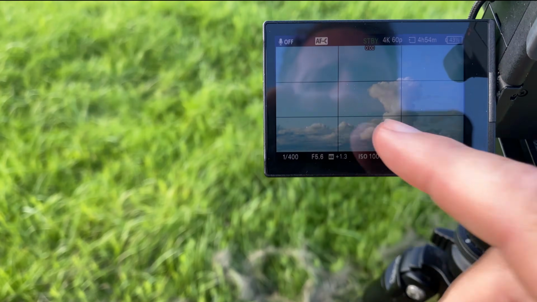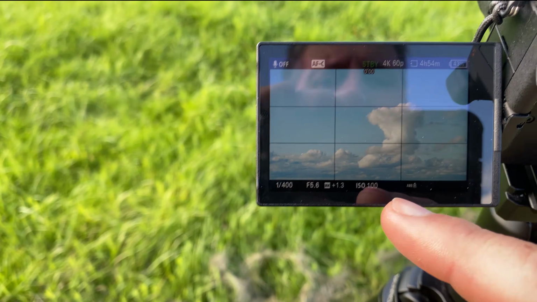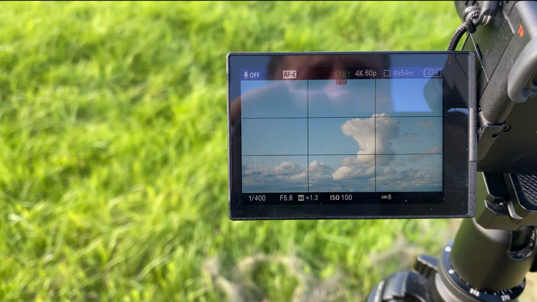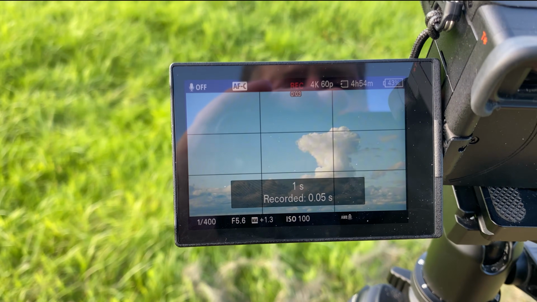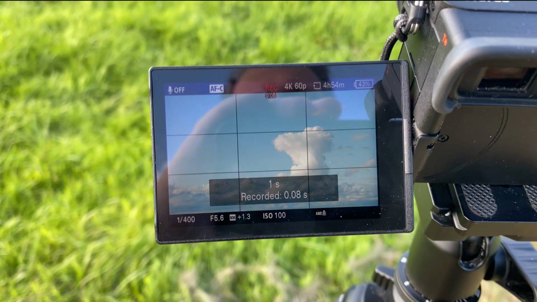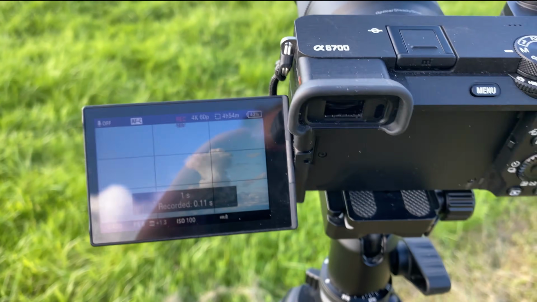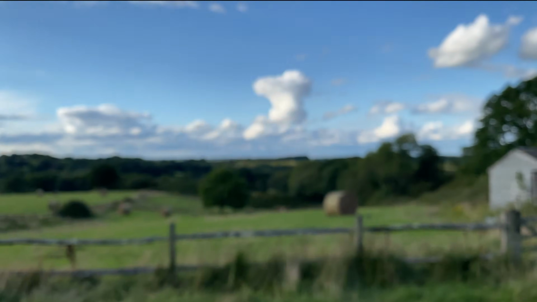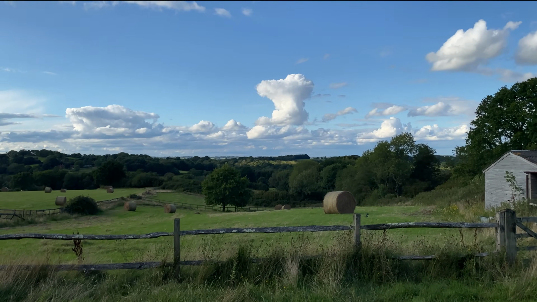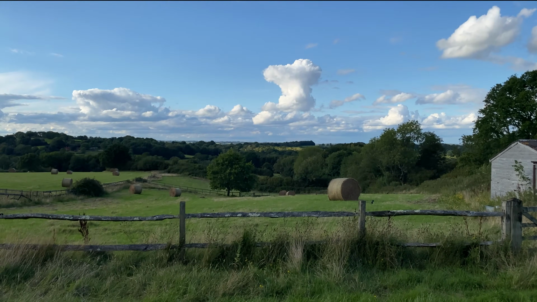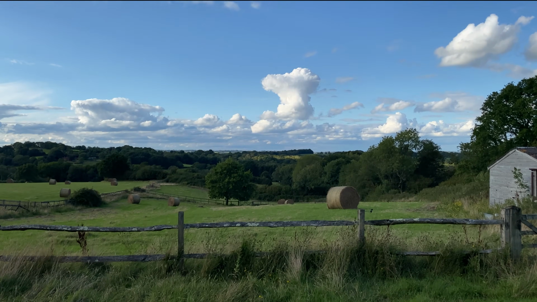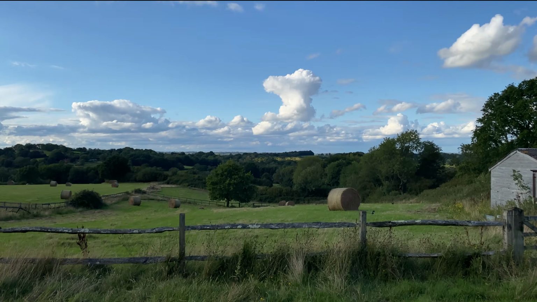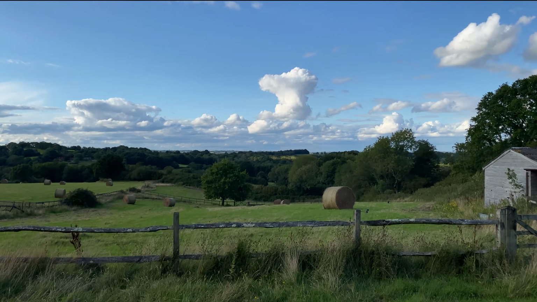I've got it in manual mode, so basically I can control the exposure, but it will do a 1 second interval between each photo. So we'll just start going. There you go, it'll be 1 second, and we'll leave it going 10 minutes. You've got 1 per second, so 60 a minute. If we do 10 minutes, we'll get an interesting view of that cloud plus any other clouds that are going past, changing the view. So yeah, interesting to see. It records at 4K 60, so basically you get 10 seconds